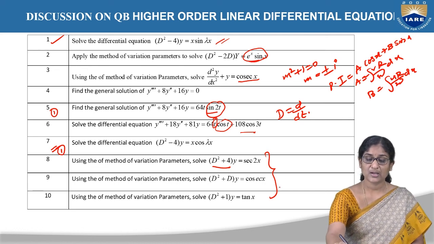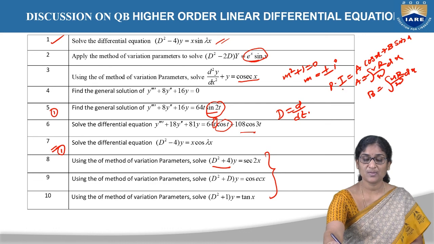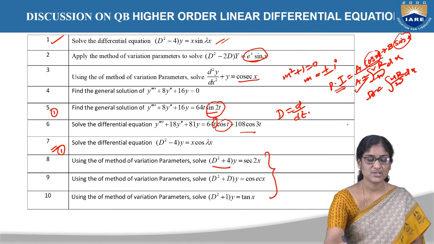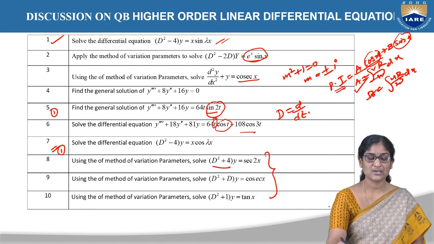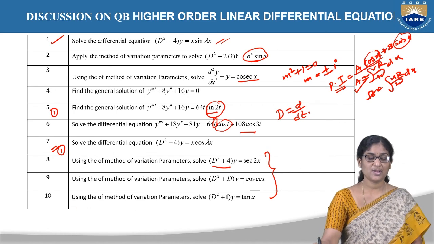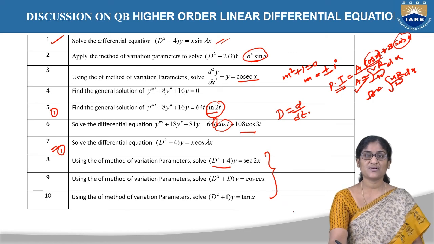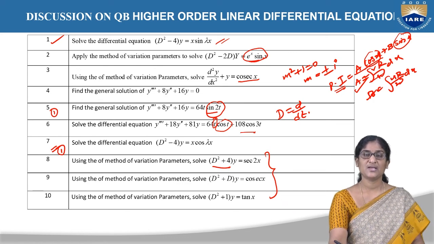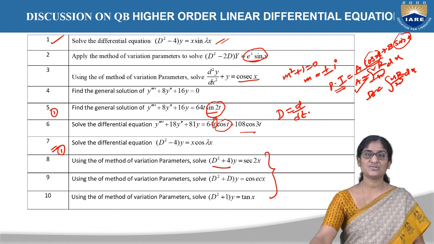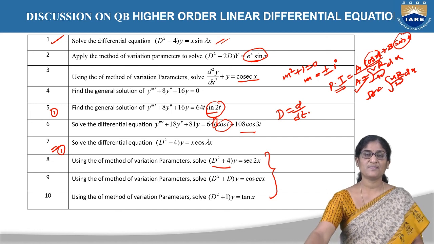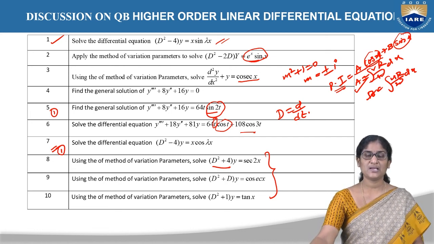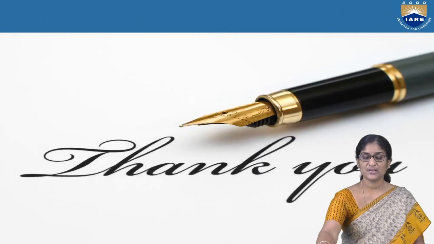In that complementary function we can use this u and v and find out the Wronskian value and substitute in the particular integral using these formulas. So all the 8th, 9th, 10th questions are the same, and they are similar to each other. So that's about the question bank questions of higher order differential equations of the third unit. The general solution is given by the sum of the complementary function and the particular integral. So that's about the question bank.